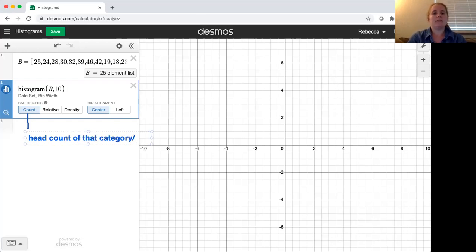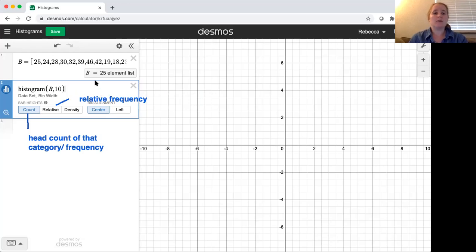We often refer to this as the frequency. Relative is your relative frequency. And you don't need to worry about density at the moment.